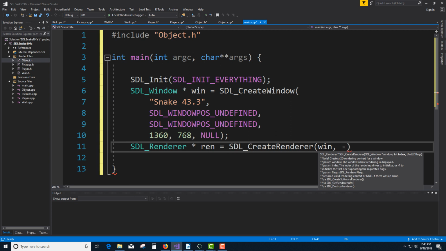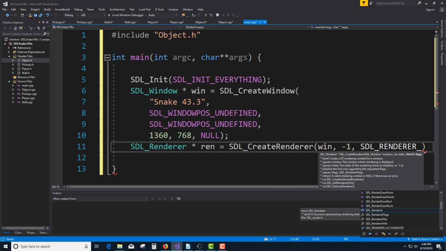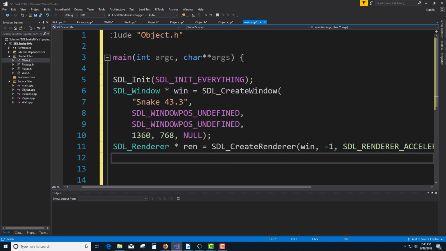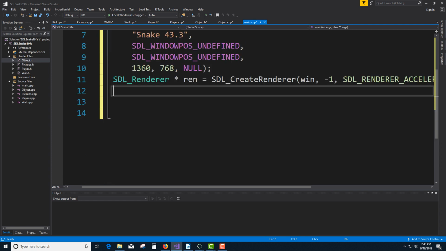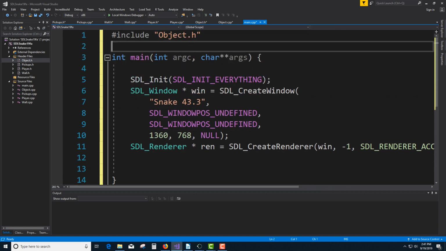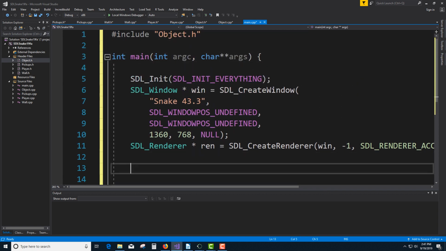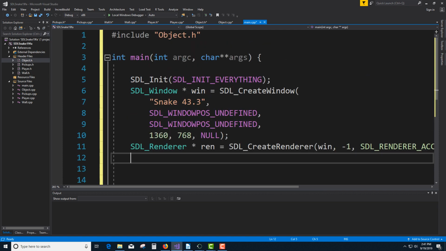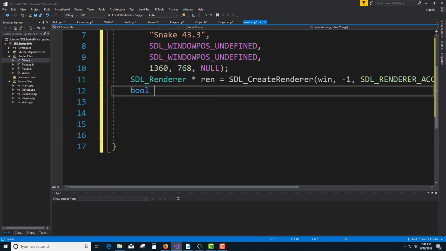Renderer takes your window, a -1, and some flags. SDL renderer accelerated. So that's the basics. We'll create a bool here, running,